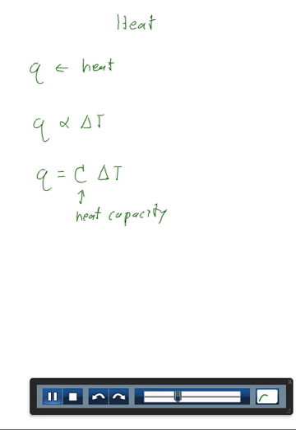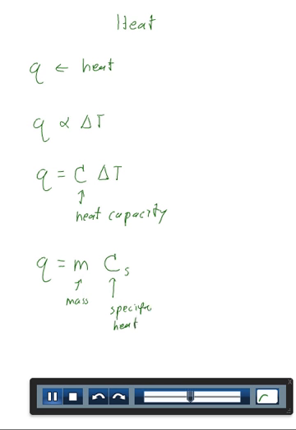The temperature change will depend upon the amount of the substance present. A small amount of heat is only required to raise a small amount of substance a certain temperature change, but larger heat is required to change the temperature of a larger amount of substance. So we write Q is equal to the amount. We use m for mass, the amount of the substance. We'll use C sub S for specific